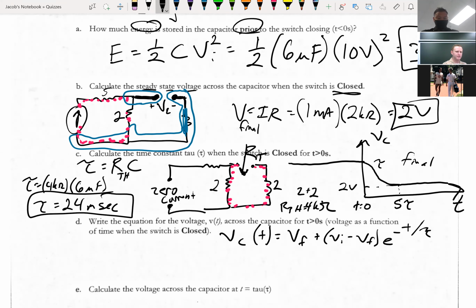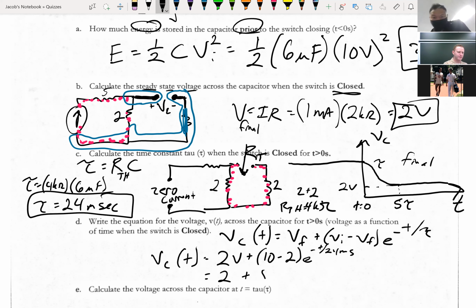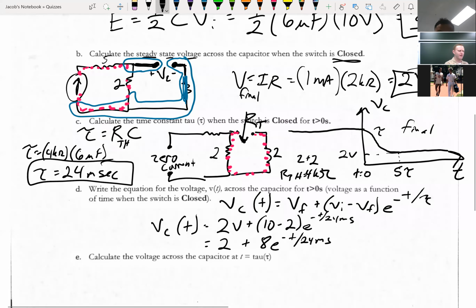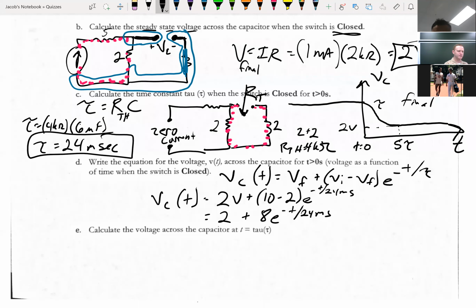So the V_C(t), V final is 2 volts, the initial 10 minus 2, e to the negative t over 24 milliseconds. I wanted to simplify it one more time: 2 plus 8 e to the negative t over 24 milliseconds. The last step, calculate the voltage across the capacitor at t equals tau. So what this is saying is, if I plug in tau here,